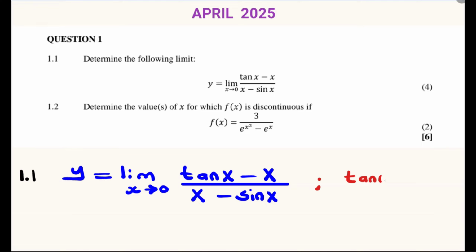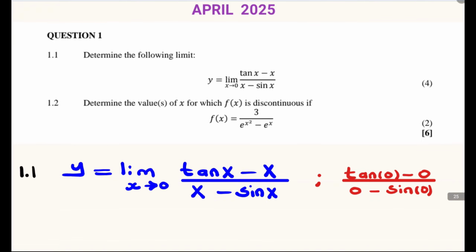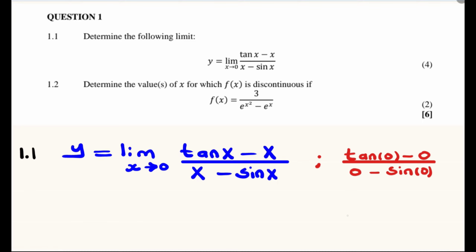tan of 0 minus 0 divided by 0 minus sine of 0. And tan of 0 is equal to 0. And we still have the minus 0. And we have 0 minus sine 0, which is equal to 0. So we have 0 minus 0, which is equal to 0, divided by 0 minus 0, which is equal to